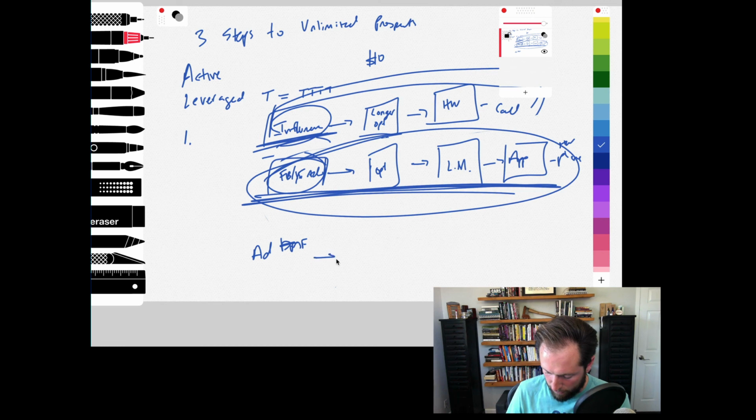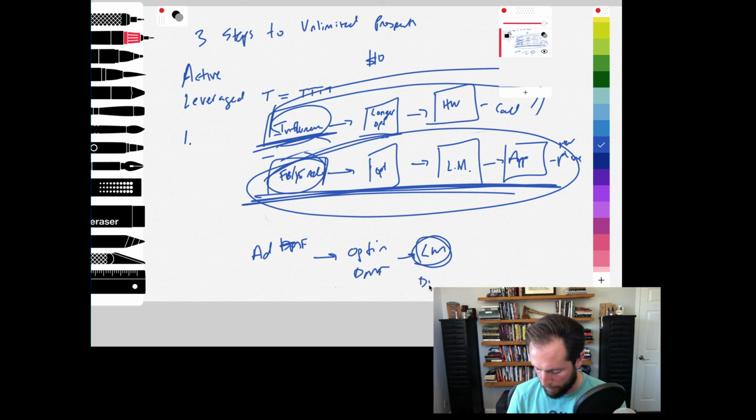So then it goes to the opt-in, in which case you're opting in for the dog mom formula. Then you actually get the lead magnet. This is the actual deliverable. This is when she actually gives you the dog mom formula. And then in the funnel, she basically says, do you want to apply this in your life faster than you could on your own? Apply to work with me. And then they get a homework, and then you call.